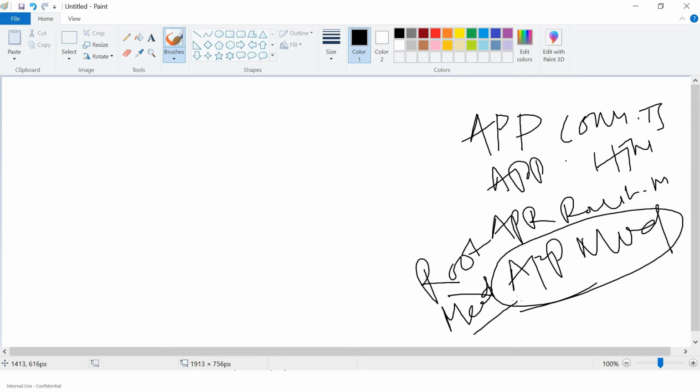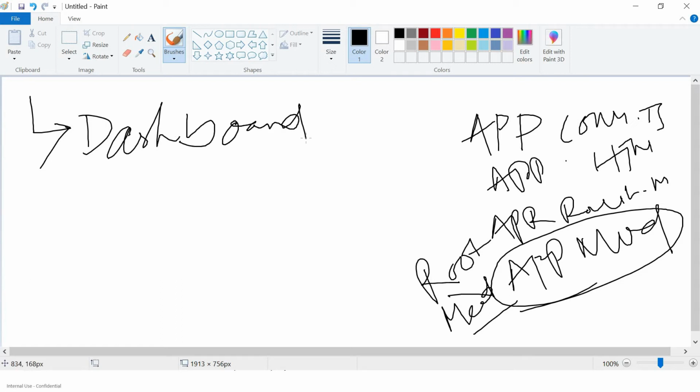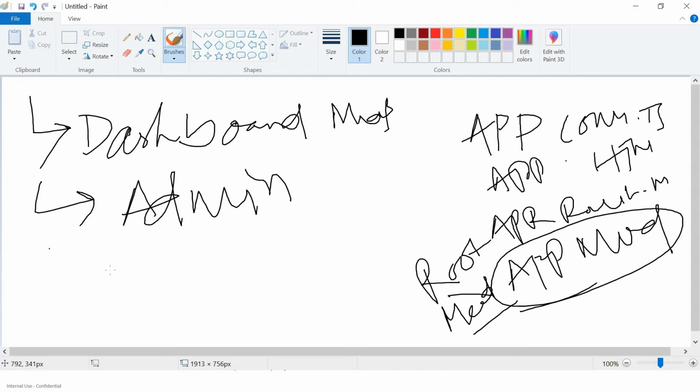We have ng commands, ng generate module, so we'll create a dashboard module. Let's say we are designing an analytics application and we have a dashboard module. We'll create a dashboard module, an admin module, and a user module.